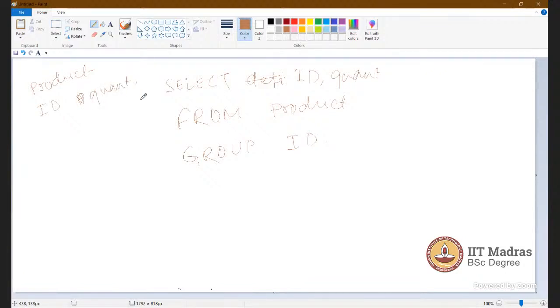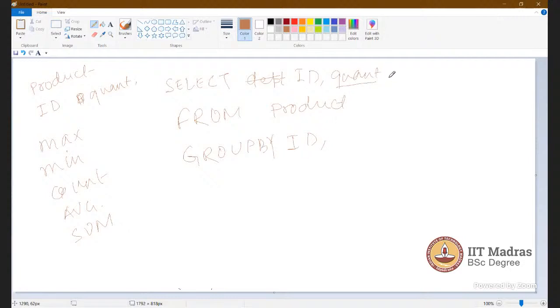With the quantity, you have to use an aggregate function, and the aggregate functions are max, min, count, avg, and sum. You can use only these, or if you want to reflect it in the select clause, then you have to use it in the group by clause, right?